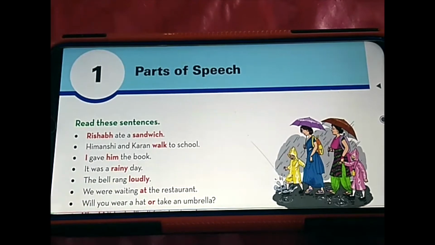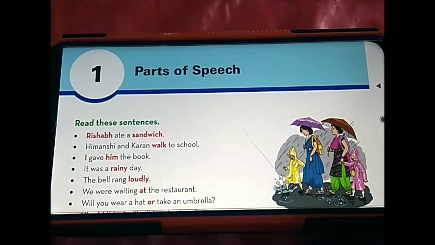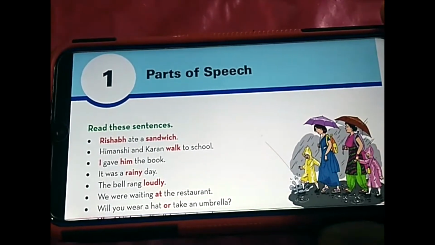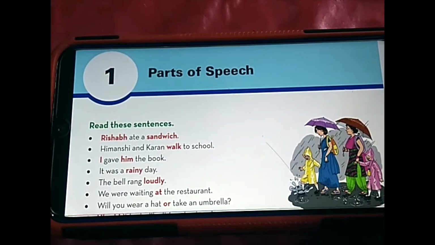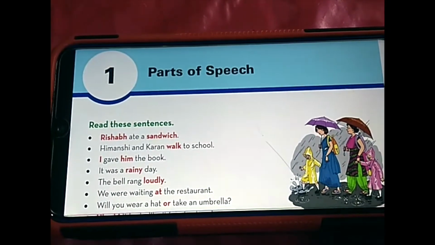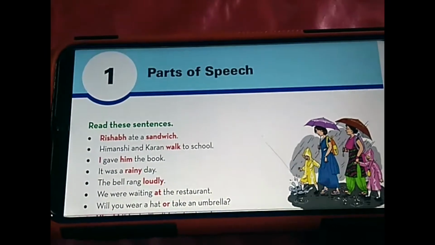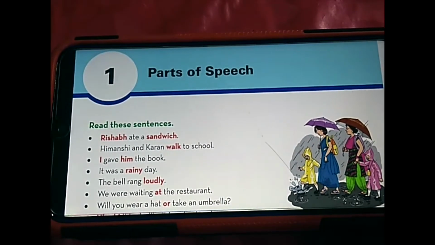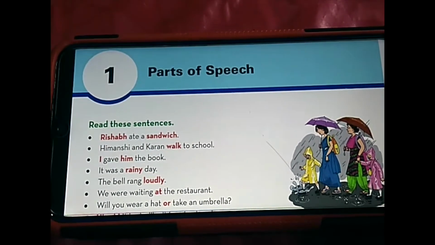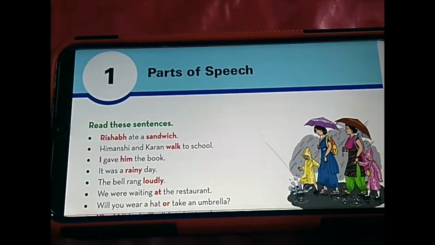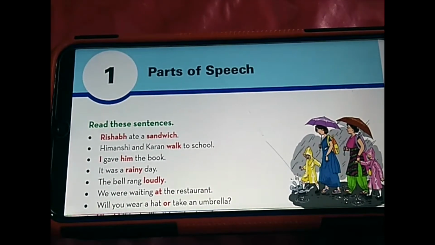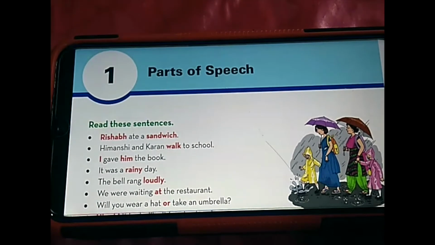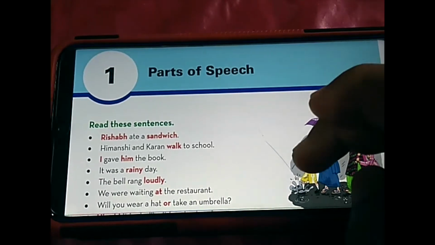Students, this is the first unit of English 1 and the topic is parts of speech. I have already explained the parts of speech in my video and also provided you the PDF notes. Now you have to read the PDF notes and also watch my video and understand clearly the parts of speech. Then we will solve exercise problems. So let us see what are the questions in parts of speech.